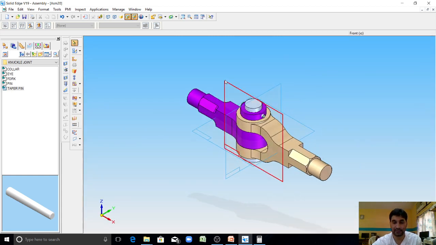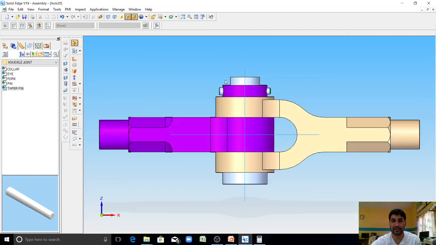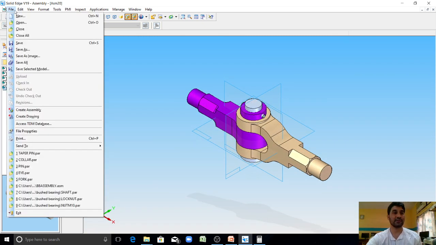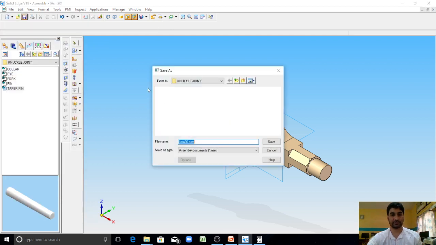Control I, Control F. Here it is perfectly assembled. So save this model: file, save, knuckle joint assembly. Click on save.